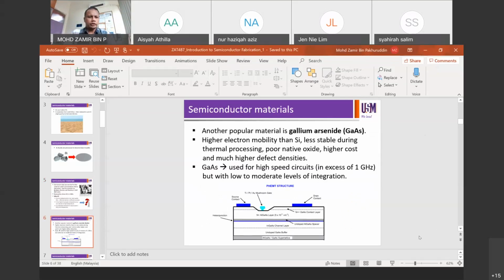Right, another popular material is gallium arsenide, or GaAs. It is usually used for high electron mobility transistors due to its higher electron mobility compared to silicon at any particular doping level. If you go back to the content in 386, if you can recall the mobility against the doping level of different materials, for example silicon, gallium arsenide, or germanium, either p-type or n-type,